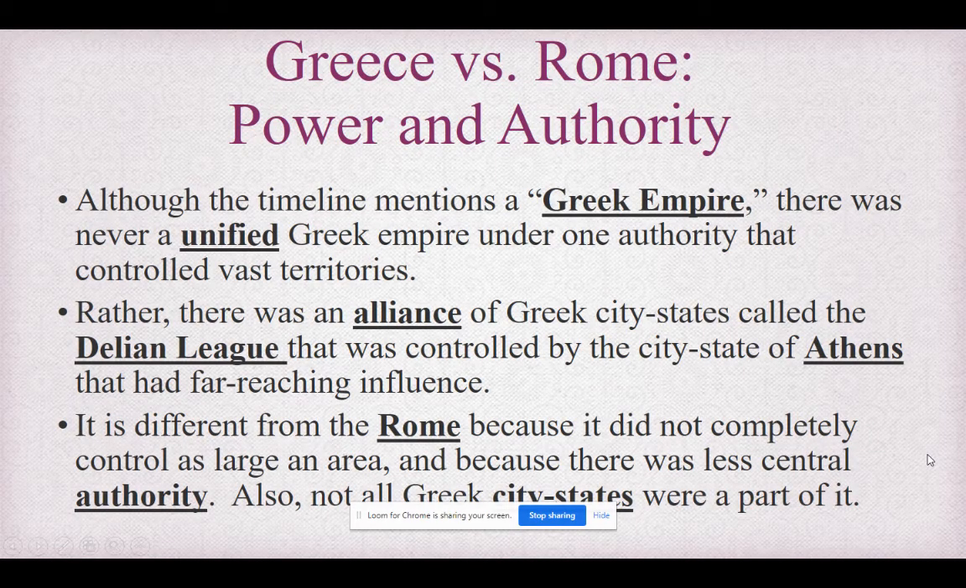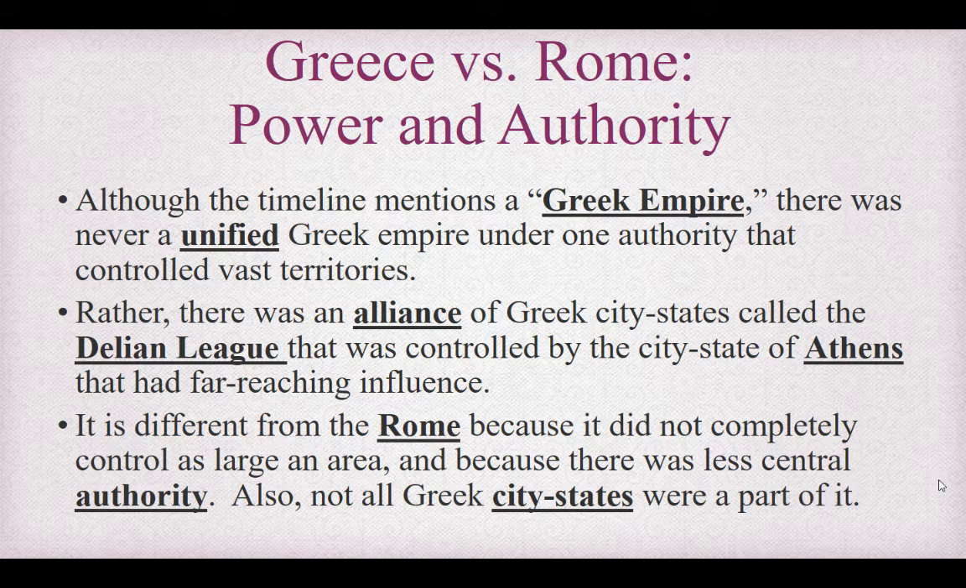All right, today we will be focusing on power and authority and looking at how different civilizations during Era 3 used it and distributed it. Although the timeline mentions a Greek empire, there was never a unified Greek empire under one authority that controlled vast territories. Rather, there was an alliance